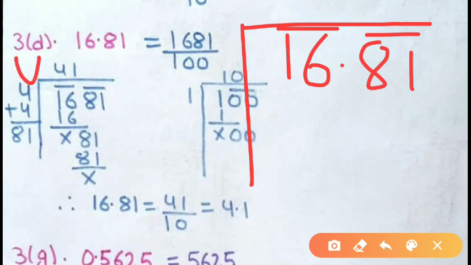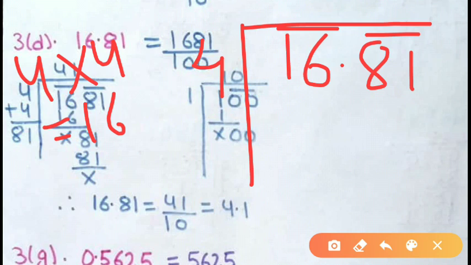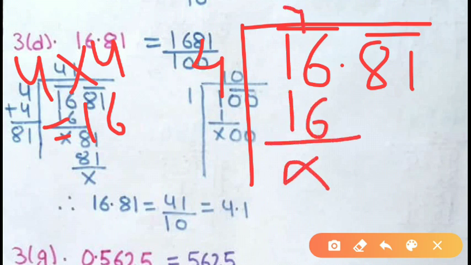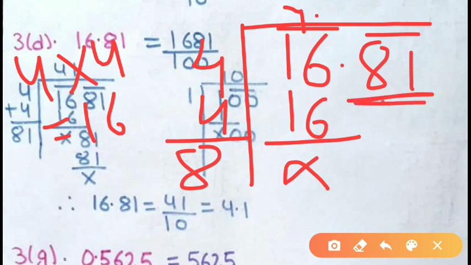Now you want 16 or less than 16. You know that 4 into 4 will give you 16. So write here 4 and here also write 4. This will give you 16 and cancel. Now after 16, a decimal is there. So write here the decimal, and write here 4 and just add them, 8. Now write down 81 on the downside.